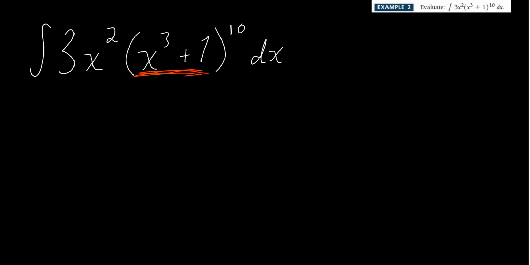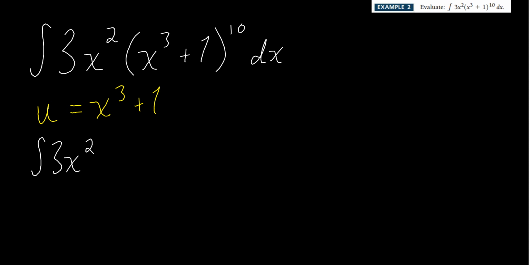We're going to let u equal what's inside our parentheses here. Okay, so we're going to say u is equal to x cubed plus 1. By letting u equal x cubed plus 1, we now have the integral 3x squared, and then we have u raised to the 10th power dx. Okay, well at this point we're kind of stuck because, well, now if you recall,